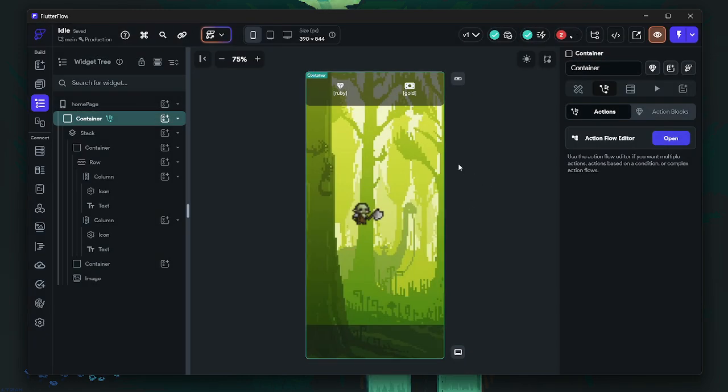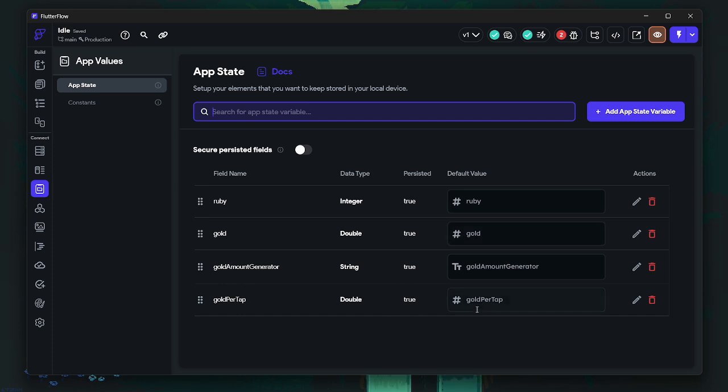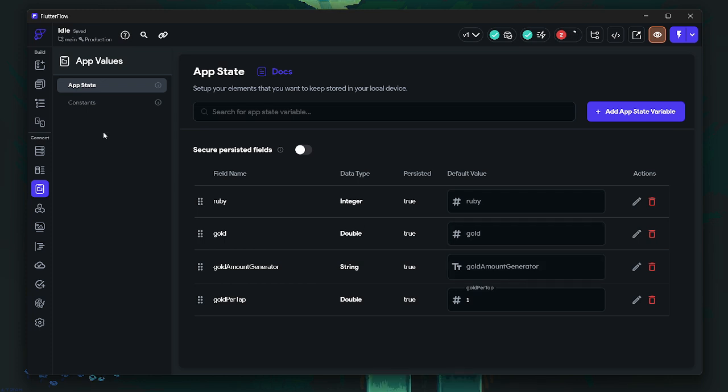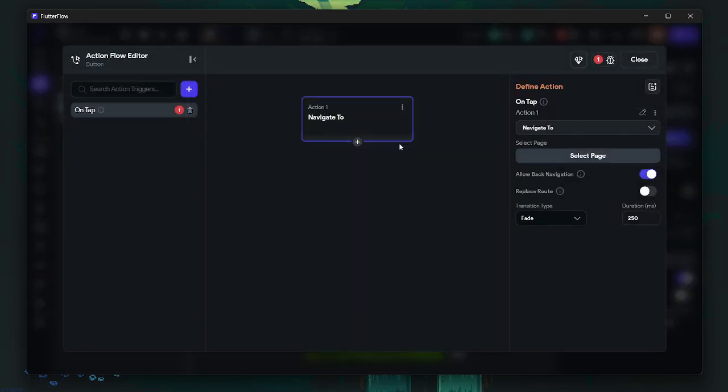And how do we set the first value of the gold per tap? We will go to app states again, and let's put 1 as default value. If the user buys some upgrades in the game, the gold per tap will increase. And let's see, oh true, this error,